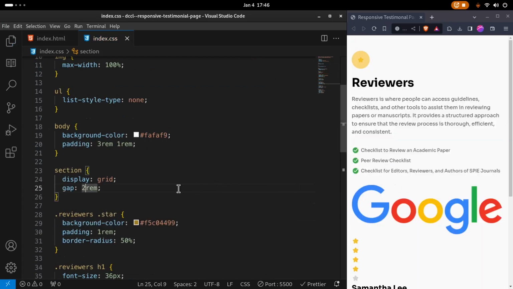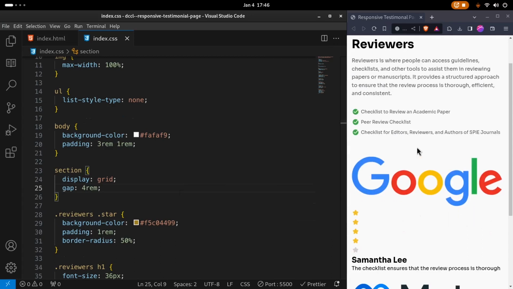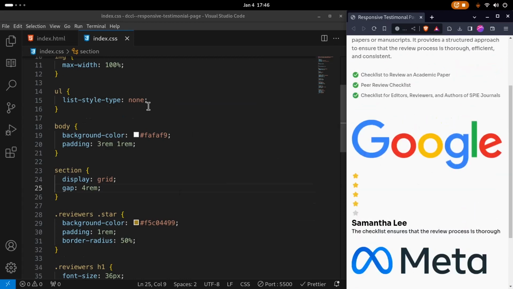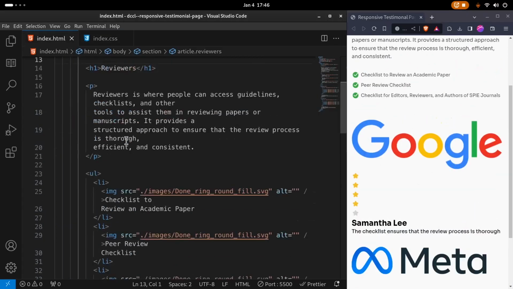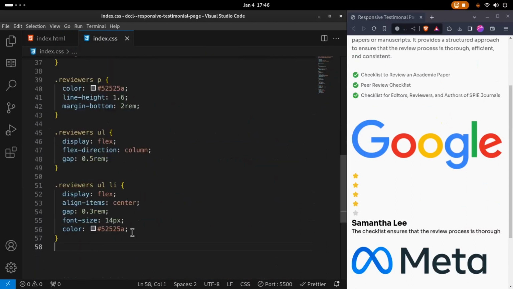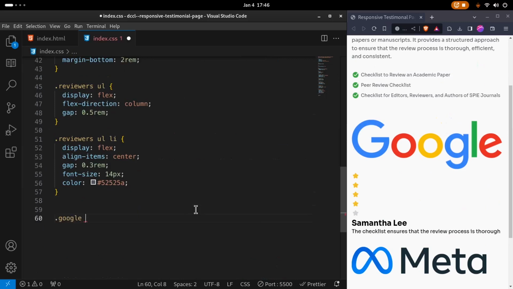I can even say maybe like 4 rem, just because it's on mobile, and then we're going to reduce it maybe on large screens. Now what we need to do is style out this other section, and for that I'm going to go inside the class called the Google class. So right below this, we're going to say that for the .google class, we want to give it a background